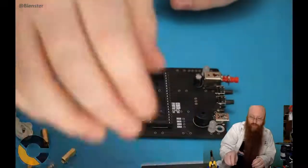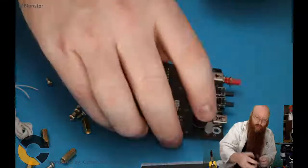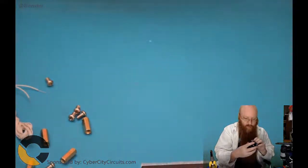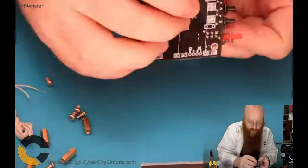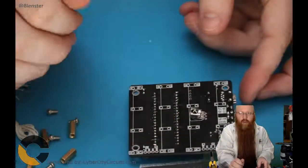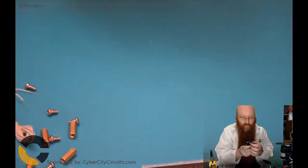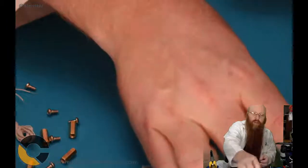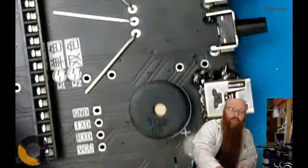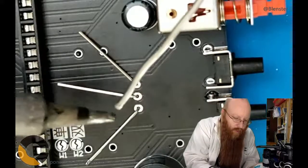Alright, it's time to do the infrared receiver. As we mentioned, that's this part here. But it does not go on this side of the board. It goes on this side of the board. And they want us to bend it over like this, so it's going to sit like that. Which means when we come over here, we're going to bend our legs out like this